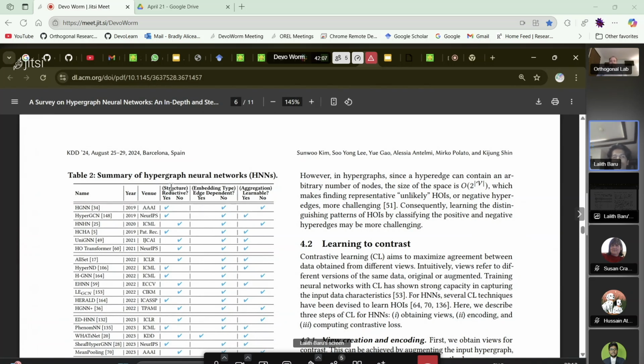How do we design a certain type of structures? The reductive transformations or non-reductive. So the type of embeddings that we have, edge dependent or not, and we have a certain set of aggregation principles. Are they learnable or not? So these are the set of works that people have curated for our